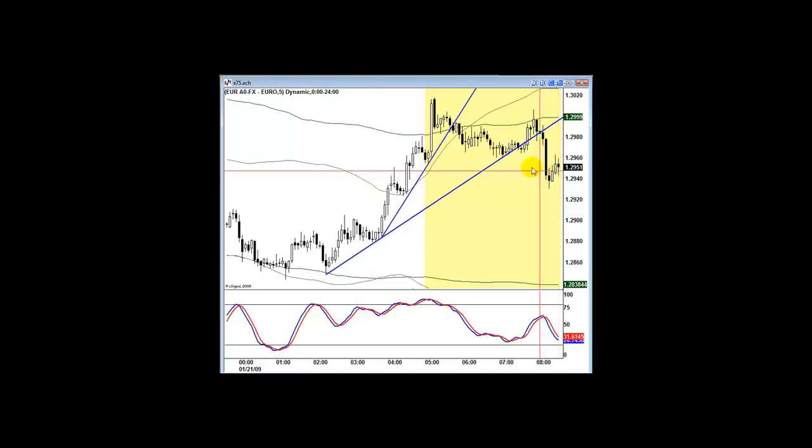But the second opportunity was here, and you can see there's the first touch, second touch, third touch, and we broke down beautifully through this trend line, and we also moved about I don't know, 40 pips on that trade. So what I want to do today is to get into the nuts and bolts of how